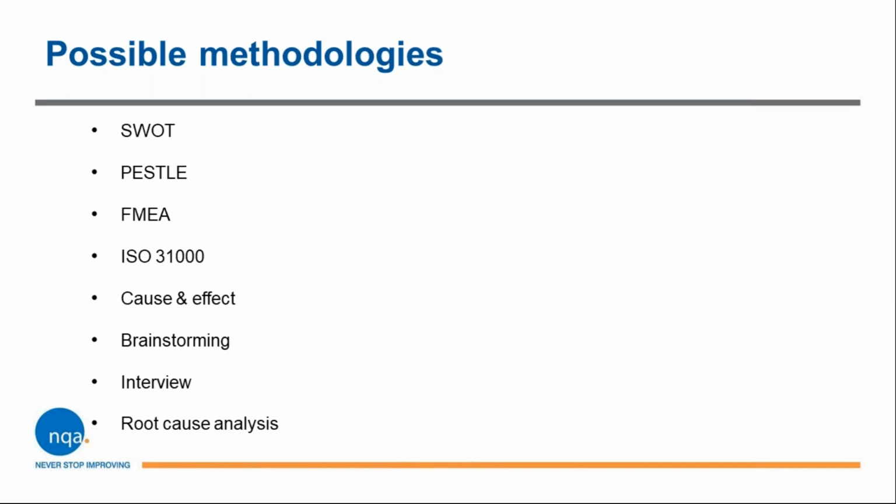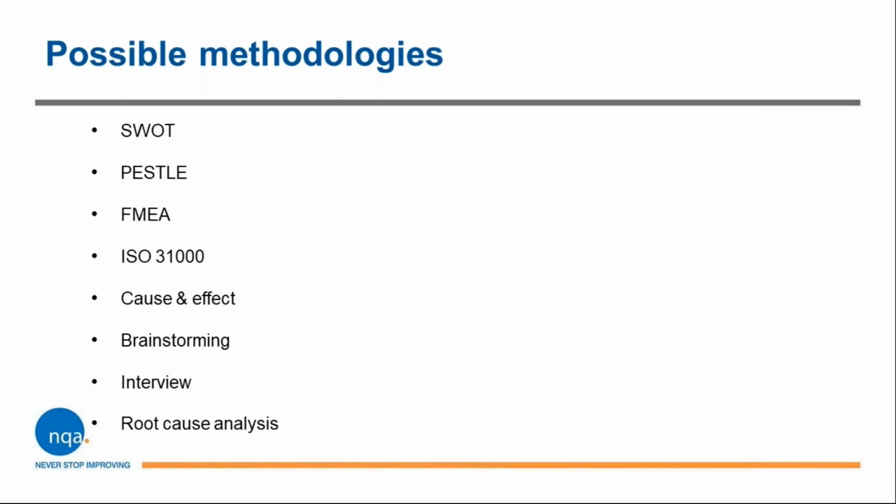So these are different factors within the business and criteria that you might want to consider that could have a risk associated with them. FMEA, failure mode effect analysis, can look at the individual failure modes within a business, process or product and seek out where the uncertainties and risks may be. ISO 31000 is a dedicated standard for risk management that goes into more detail on how risk can be determined and managed. You don't necessarily have certification to that, but you can work in accordance with it, so it's worth looking up the principles and ideas behind it.